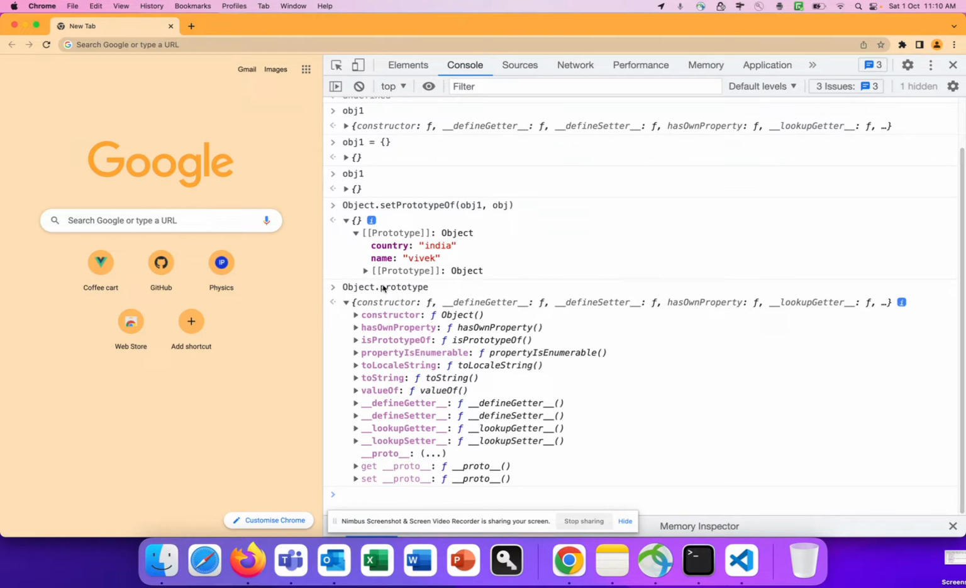So this prototype property will be on every type of variable. So explore more about it. We can discuss this in detail when we talk about